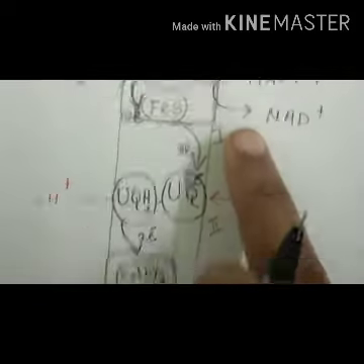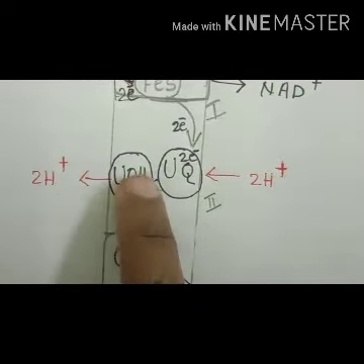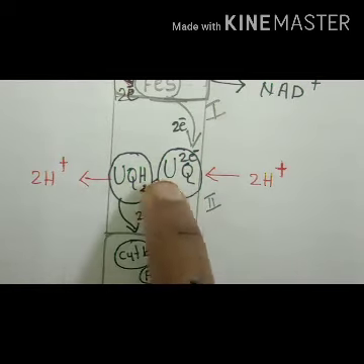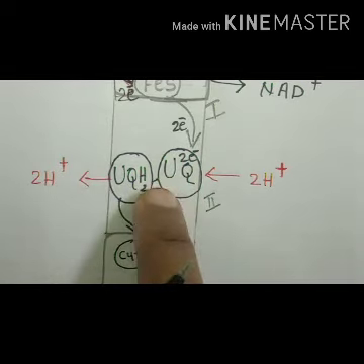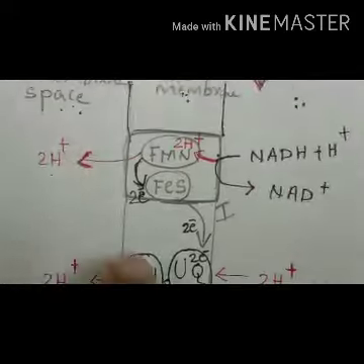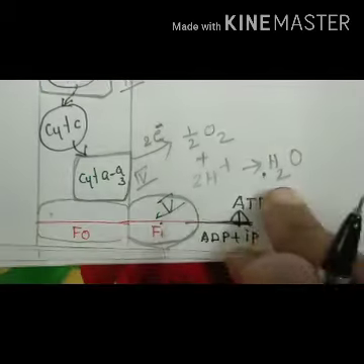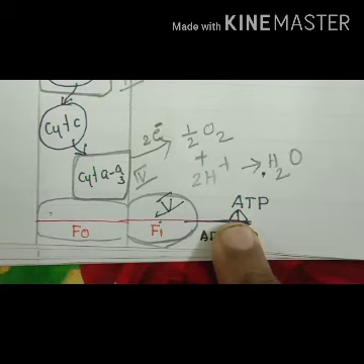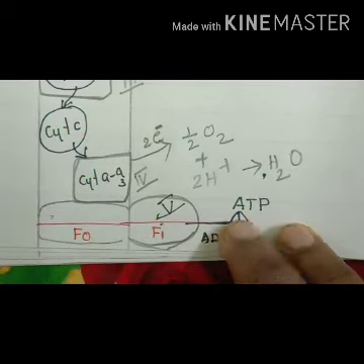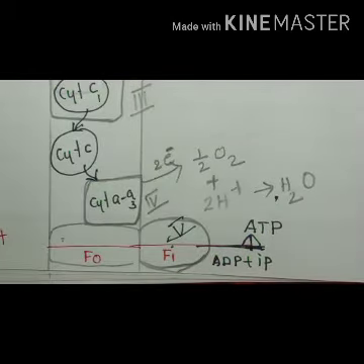At the same time, 1 molecule of FADH2 is reducing. The step will start from here onwards only, because the FADH2 reductase complex is situated here. So here this proton will be absent. The total protons produced will be 4 protons. That leads to the formation of 2 molecules of ATP. So FADH2 is producing 2 ATP and NADH2 is producing 3 ATP.